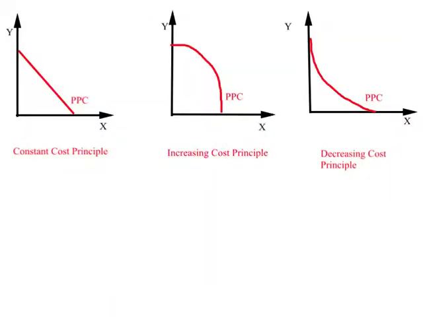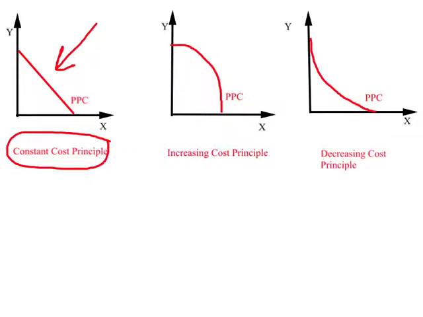Now what we have seen is the PPC for Mark Jeans Incorporated was a straight line PPC. And why did Mark Jeans Incorporated have a straight line PPC? Simply because of constant opportunity cost. It just didn't change. So when you see a straight line PPC, what it reflects is a constant cost principle, and what this means is you are giving up a fixed amount of the other good